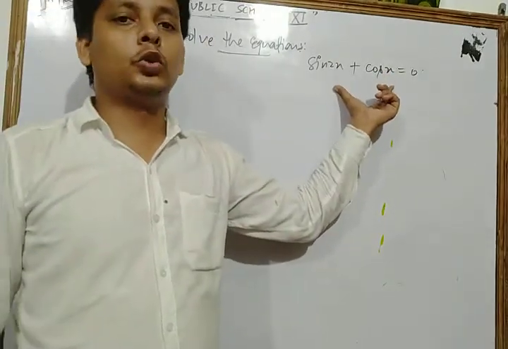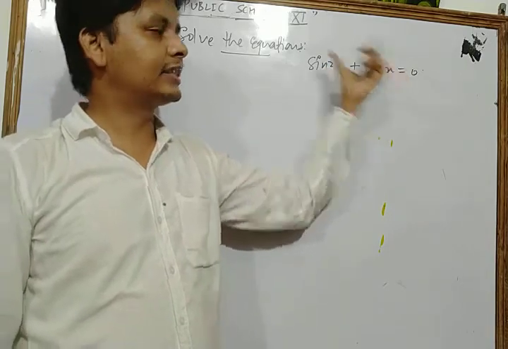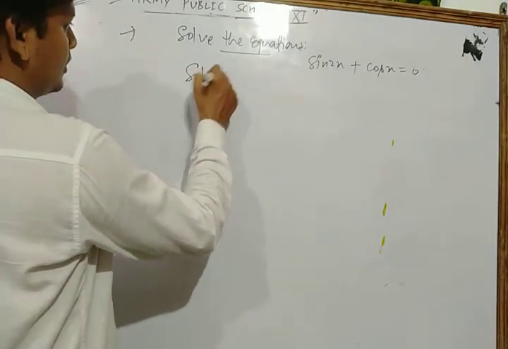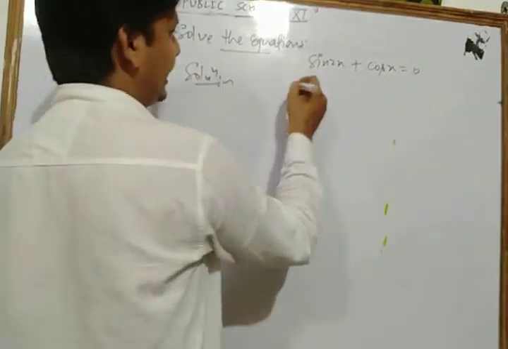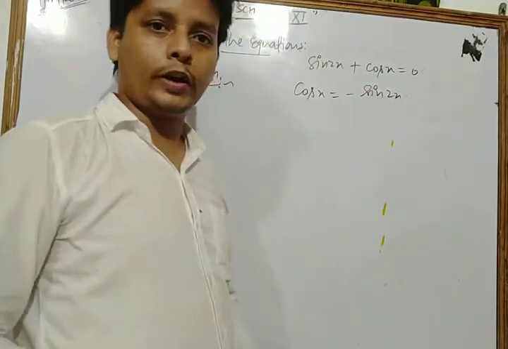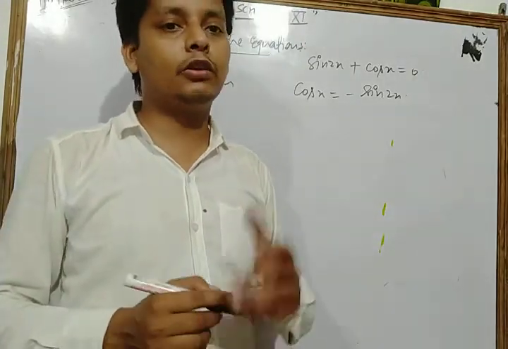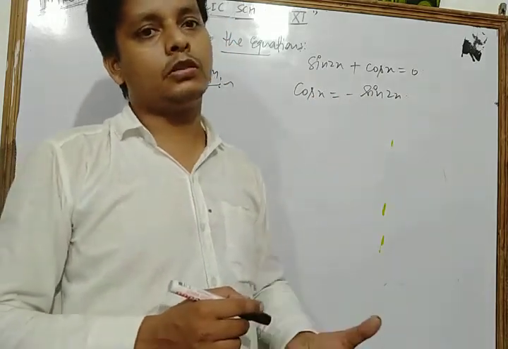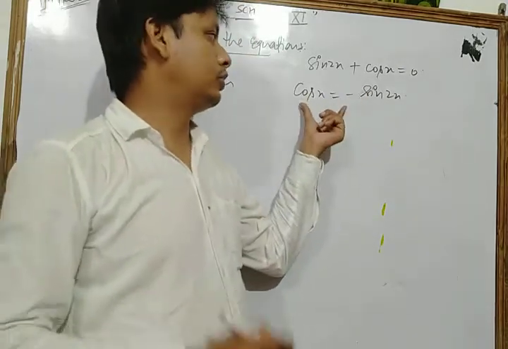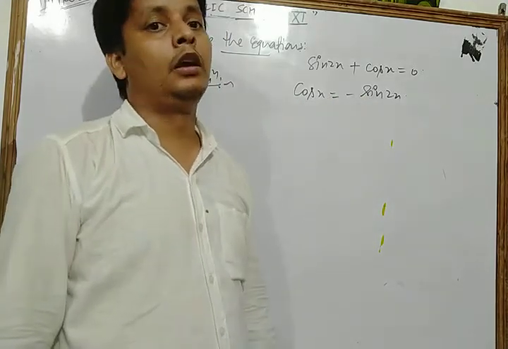This is one of the most important questions of your NCERT exercise, and we solve the trigonometric equation sin 2x plus cos x is equal to 0. Okay, let's see its solution. Dear students, first of all we write that equation in this way as sin 2x. We know that all three types of trigonometric equation are in the form sin x is equal to sin alpha, cos x is equal to cos alpha, and tan x is equal to tan alpha. Here your equation is the form of cos x is equal to sin alpha.